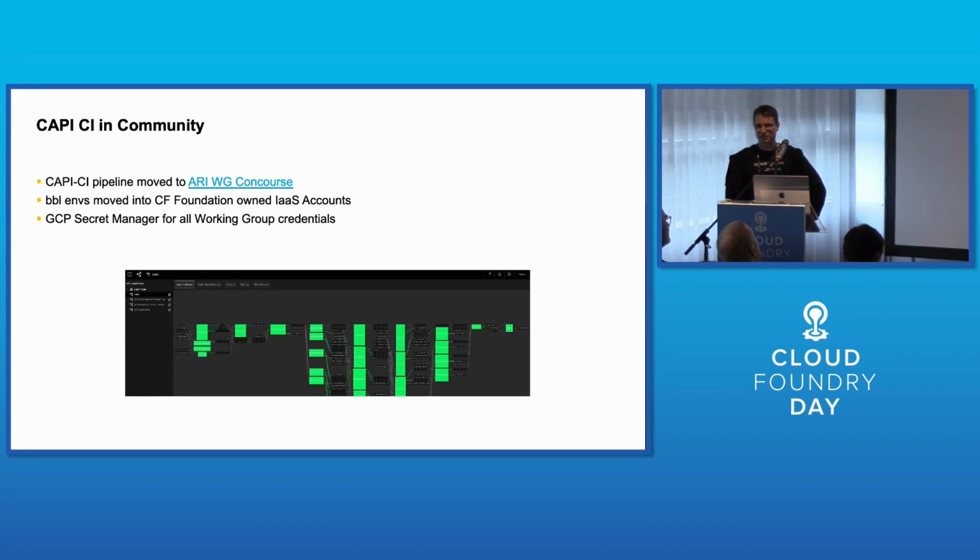Another thing that kept us busy at the beginning of the year was the movement of the CAPI CI into the community. The pipeline has been moved from a company-specific concourse to the concourse maintained by the Application Runtime Working Group. The bubble environments needed for running the Cloud Foundry acceptance tests also moved into AWS accounts owned by the foundation, and all the secrets and special keys that you need here and there have all moved into the GCP secret manager